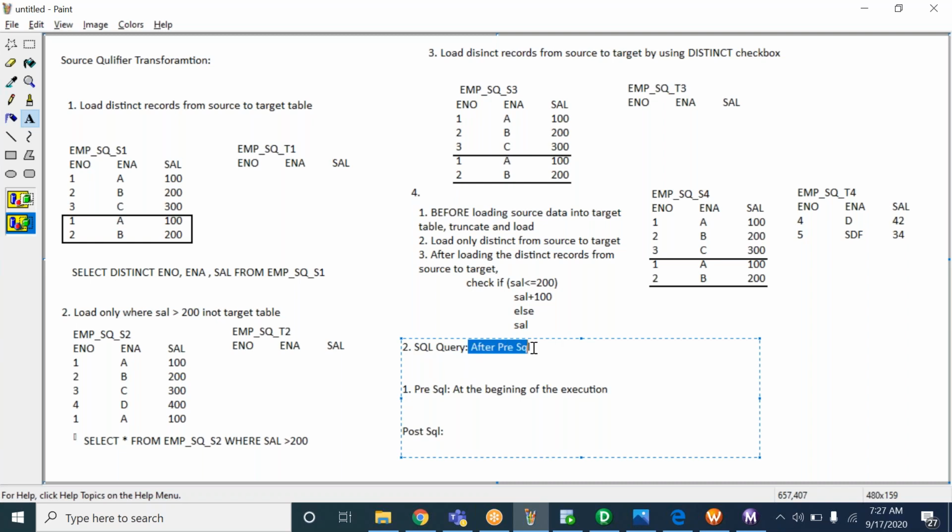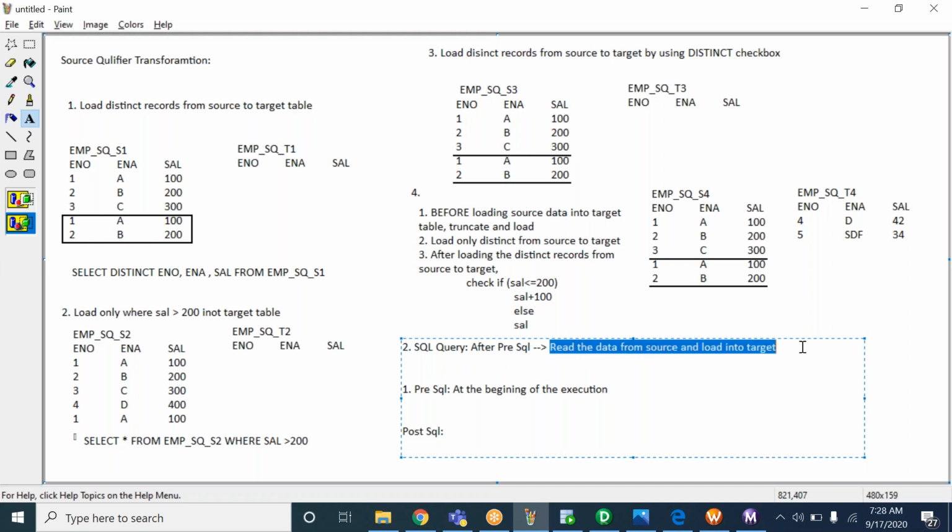So immediately after pre-SQL, this SQL query will execute. What this SQL query will do is read the data from the source table, and whatever query we have written, it will execute that query, and that query result it will load into the target.